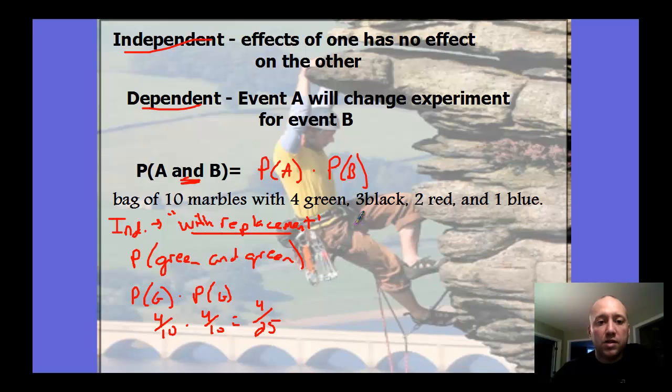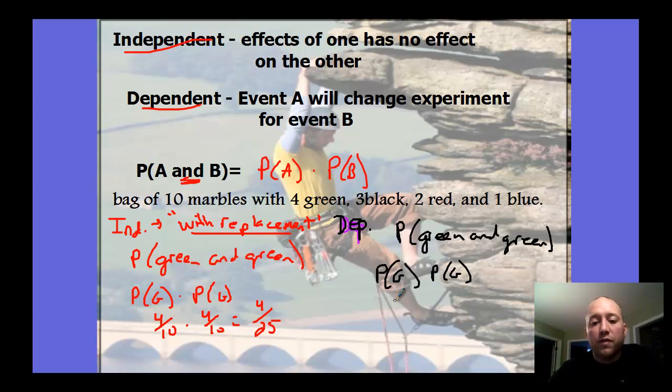Now if I did that same problem again, but let's look at it for dependent, it's the probability of green and green without replacement. So when I find these two probabilities, they're going to change. The probability of the first green one is 4/10 or 2/5, times the probability of the second one. This first one I'm keeping in my hand, so now I only have 3 green marbles left, and I only have 9 actual marbles in the bag, because this first marble is taking my options away. So if I multiply that, I'm getting